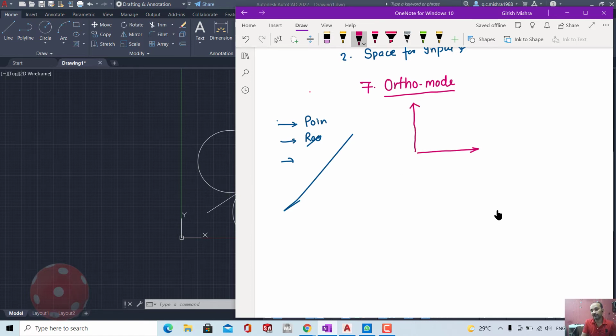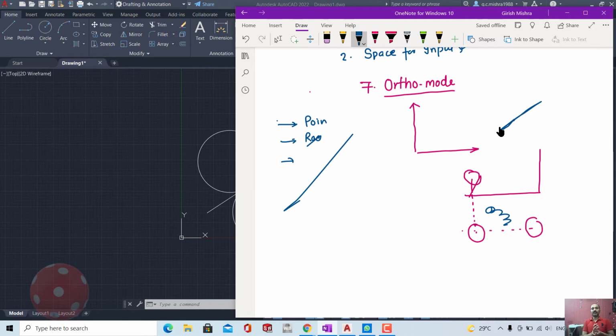It means you will be able to draw a horizontal line or a vertical line, and you will be able to move something from here to here horizontally only, or you can move this vertically only. It means you will not be able to move at these places, and you will not be able to create this type of line.